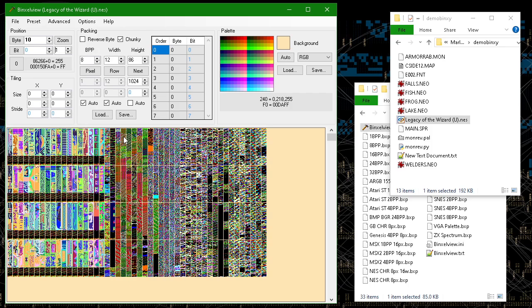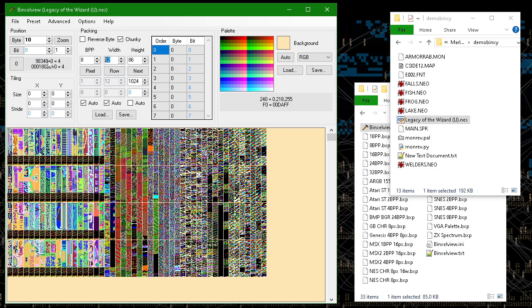So when I made the Legacy of the Wizard editor, LOTW tool, a few years ago, this tool was my starting point for how to find the data. I look for data like this, and then once I've found it, I start inspecting the pixels. I open it up in a hex editor, I start writing Python scripts to visualize it in different ways or just inspect the data. I might try tweaking things and see if they make changes in the game when I play it. And you figure out how the map data format works, which is pretty cool. That's what I made this tool for.